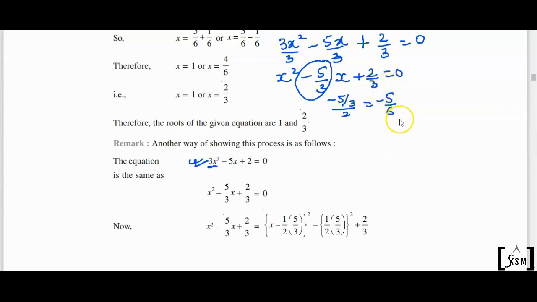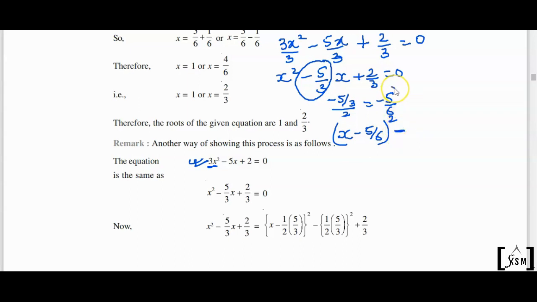Right? So this number that you get, we'll use it as a perfect square. So we'll say (x − 5/6), because the number is −5/6. We'll just put the number and square it. And you remember we had to subtract the number, so now we'll put subtraction,